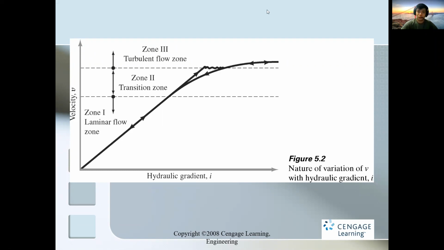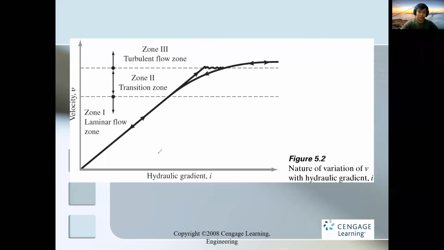If you're going to evaluate or analyze this particular graph, the higher the hydraulic conductivity, meaning the velocity is bigger, di ba? So if you look at this particular region,